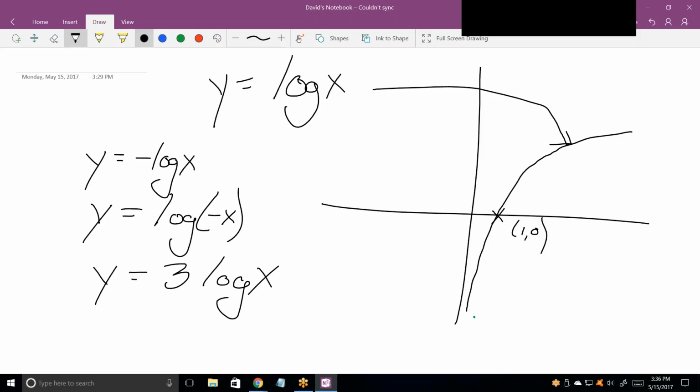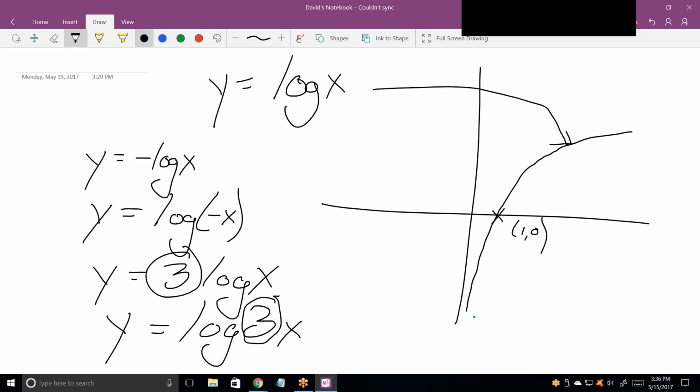Stretch. Vertical stretch, because there is a difference between vertical and horizontal stretches. Horizontal shrink. Good. Goes the opposite as the vertical. In other words, numbers greater than 1 are stretches here, numbers greater than 1 here are shrinks, and vice versa. Numbers less than 1 here are shrinks, numbers less than 1 here are stretches. And finally,